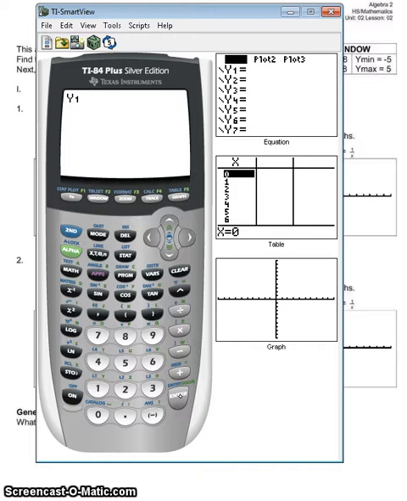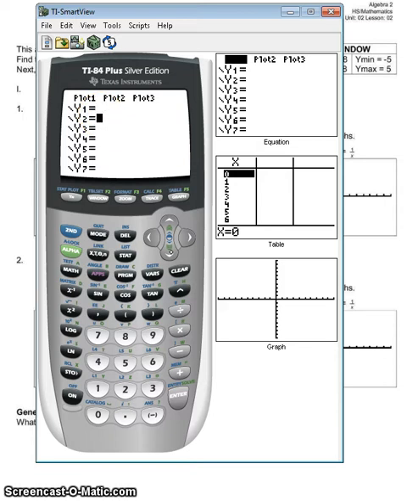So the first one I'm going to work with you is called vertical translation. So we're talking about some shifts. If I look at number 1, it says I'm going to compare y equals f of x and y equals f of x plus 2. So in the calculator, let's go ahead and clear that. I want you to hit Y equals. And what it tells me to do is in my calculator, I'm going to enter in Y2. I'm going to type Y1 parenthesis x plus 2. So in Y2,